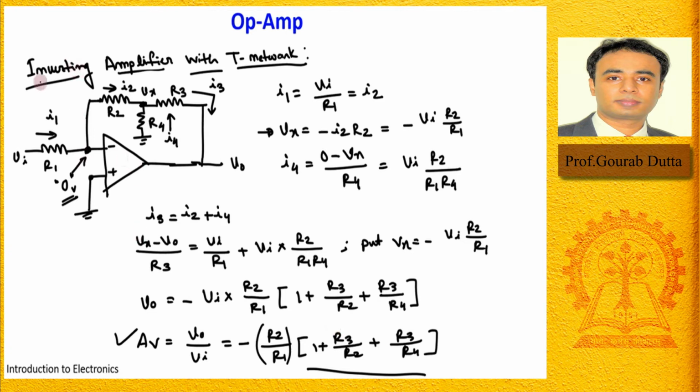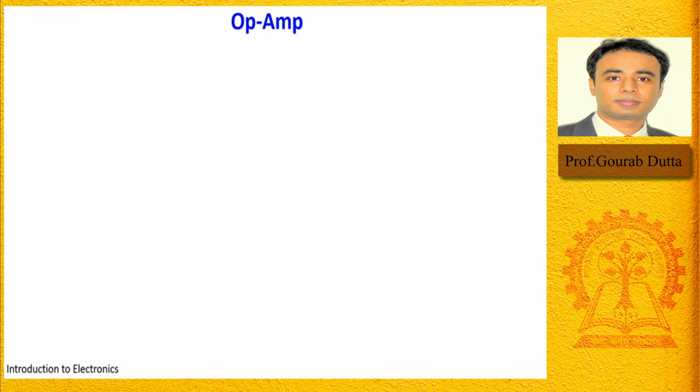And as it is an inverting amplifier, you can clearly see the negative sign here, and that is also expected, right? Okay, I hope this inverting amplifier with T network is clear to you, right? So in that case we can proceed and do the next part, which is